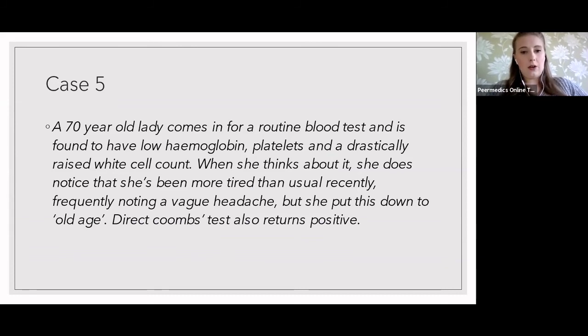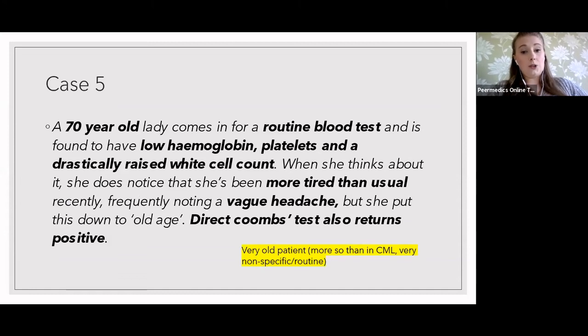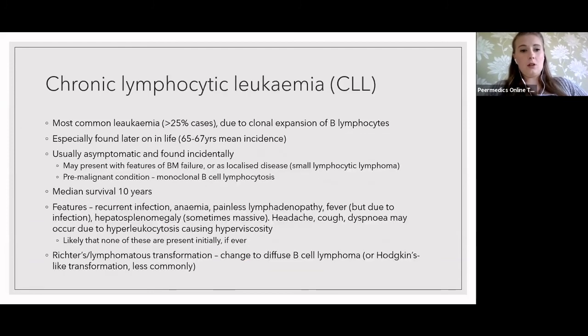So things here that are flagging up for us: we've got a much older patient this time, coming in for routine bloods. She's got low hemoglobin, platelets, drastically raised white cell count. Getting more tired, this vague headache, a bit unusual, and then the Coombs test again. We didn't do that with the CML patient. So